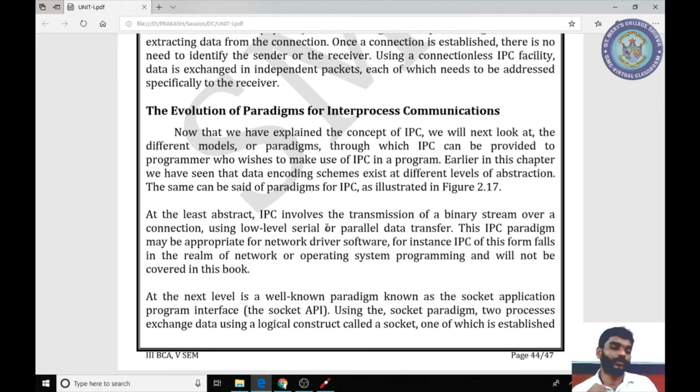That is a different evolution. Similarly, what is the paradigm? Paradigm means a model. So here evolution of models is the creation of the different models for IPC, and how the journey started.